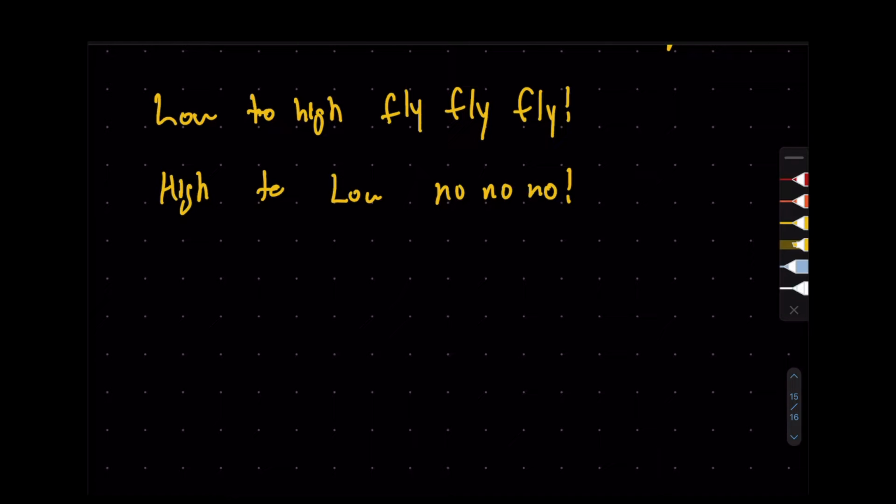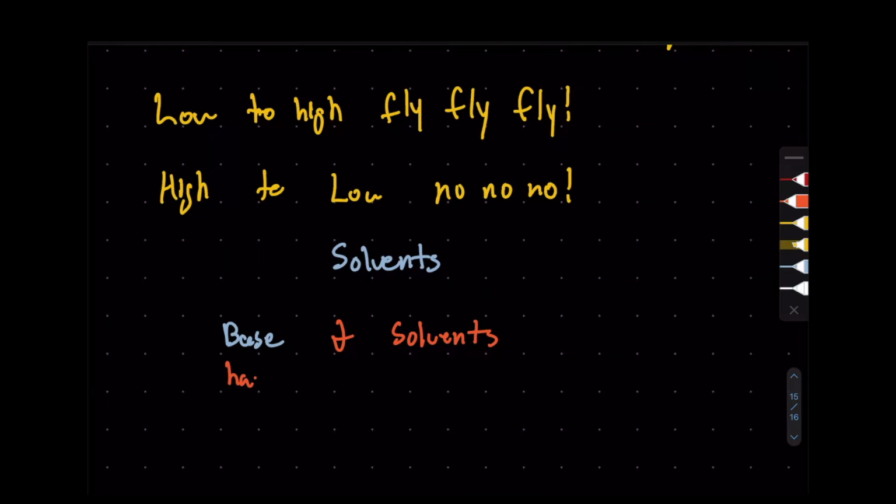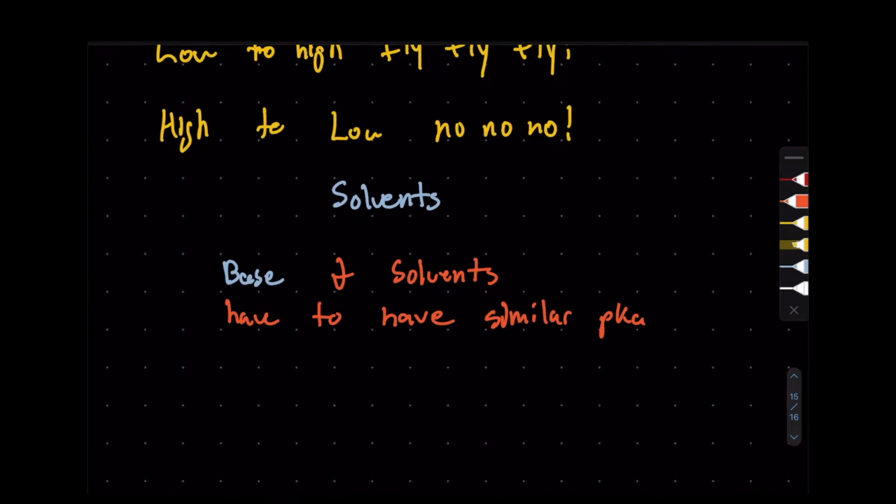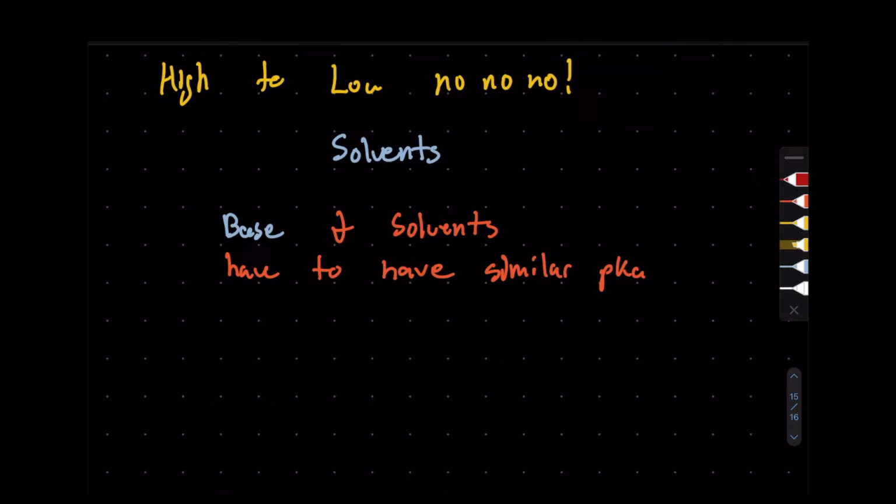But a lot of people get tricked or tripped up by solvents. One key thing to note is that the base and solvents have to have similar pKas. So what I mean by that is, if we have, let's say, NaOH as our base,